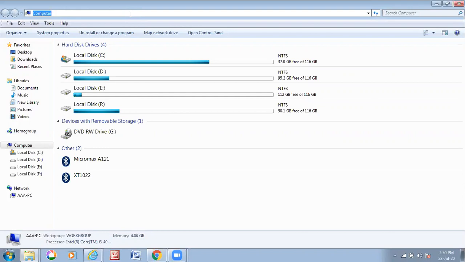Let's start. First of all, on my computer, I've installed Java JDK 1.6. If you have not installed, you go on the site Oracle or java.com and download Java.